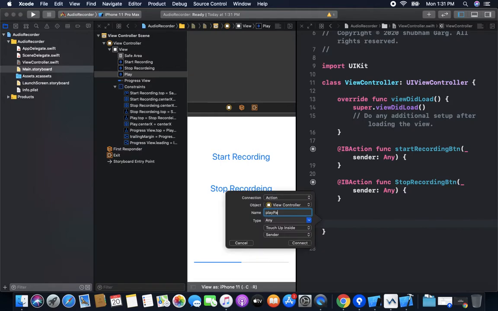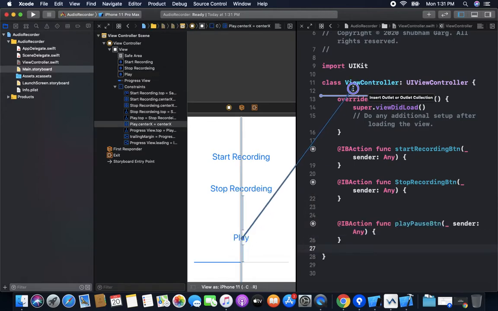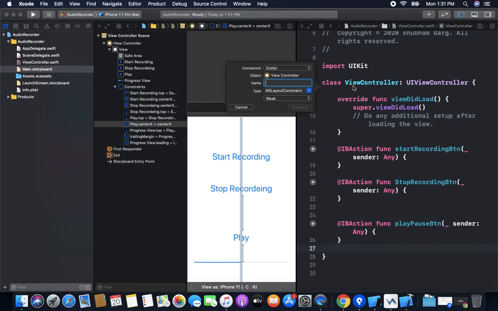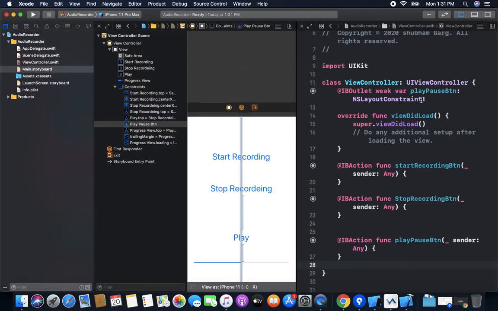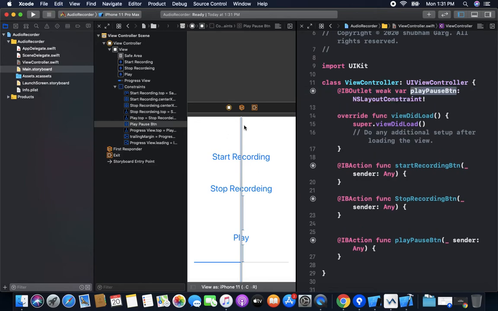Play pause button. Also we take an IBOutlet for that. Play pause button. Sorry, I want this.